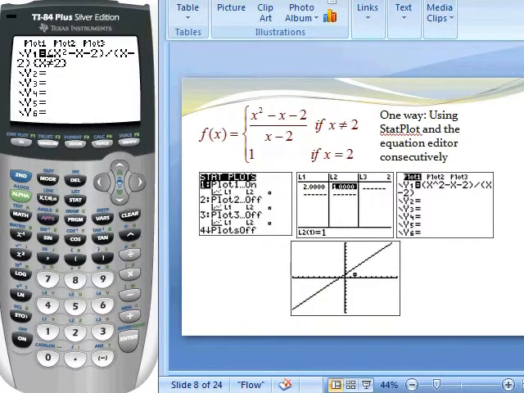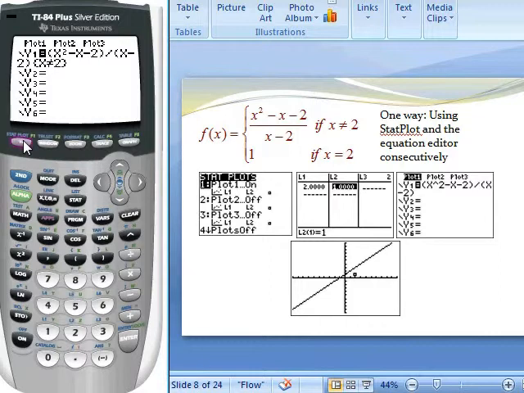Now, let's try to show this with your graphing calculator. You can enter conditional statements in your calculator in the equation, and I did that. You just push y and get to y1, and you enter the x's with this button, and you have to put a condition. Remember, the first condition was x is not 2. One way to enter them is using braces, and the braces are right here. You can push second, this parenthesis, and it will give the left brace, and you enter x with this button, not